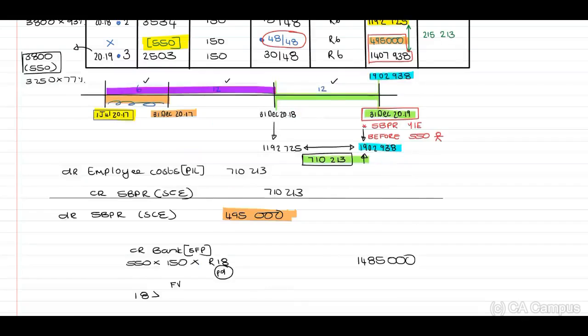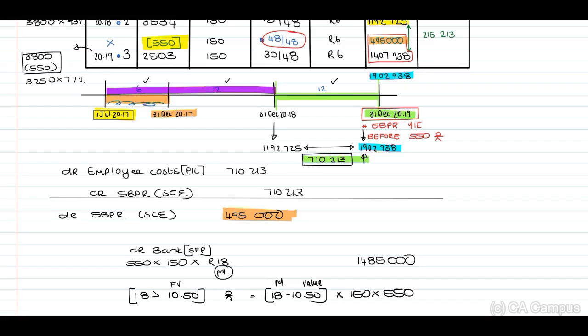Therefore, we need to recognize that difference, the 18 Rand minus the 10 Rand 50, to our employee costs. Remember, this is what they've paid. This is what the value is. Times 150 times the 550 employees. And this will be